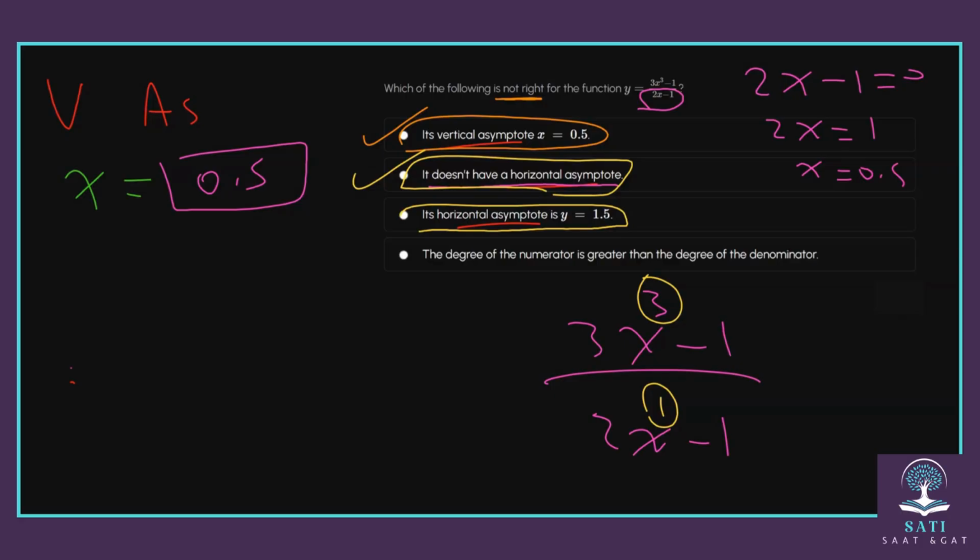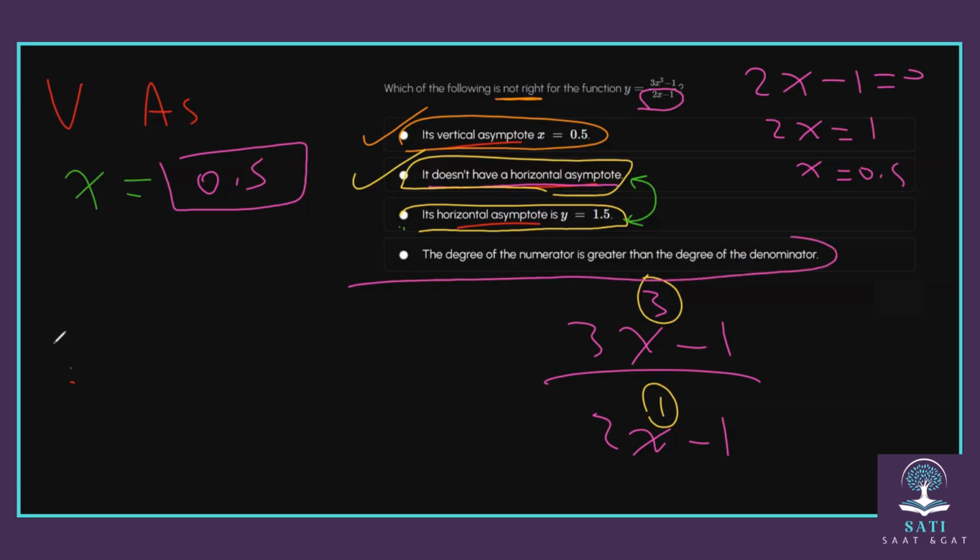Okay, look, if you have two choices in the test that contradict each other, as you see, that means in general the answer will be one of them, as long as they are opposite each other. So in the second choice, they said it doesn't have horizontal asymptote. Then on C, they said it has a horizontal asymptote. So that means these are opposite. So that means one of them is right. So that means almost surely this one will be the answer. Just to make sure,